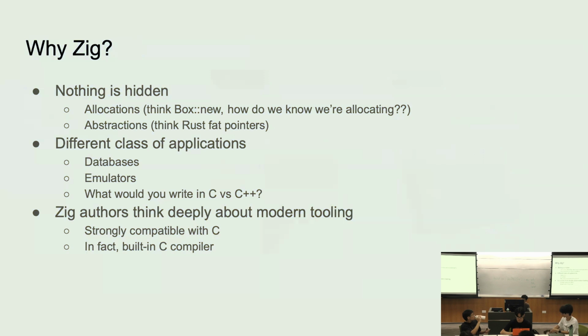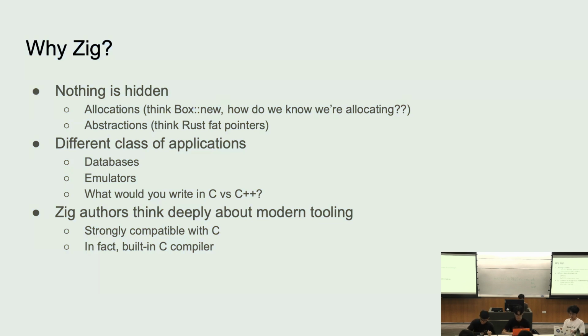Okay, so why Zig? I think Zig is a systems programming language, so it's kind of the most similar you can think of to C, C++, and Rust. But why use Zig instead of them? I was asked this question yesterday and I couldn't really answer it, so I searched it up today. Basically in Zig, nothing is hidden. We can think about memory allocation, we can think about abstractions. Think about it in Rust, which is the language I'm most familiar with. Box new kind of hides an allocation. We don't really know what's going on. When are we allocating memory? When are we not? In Zig, this is all explicit,